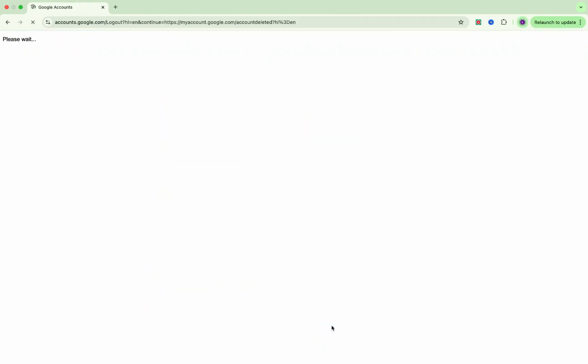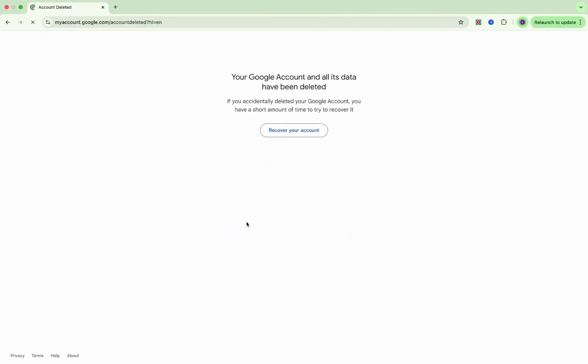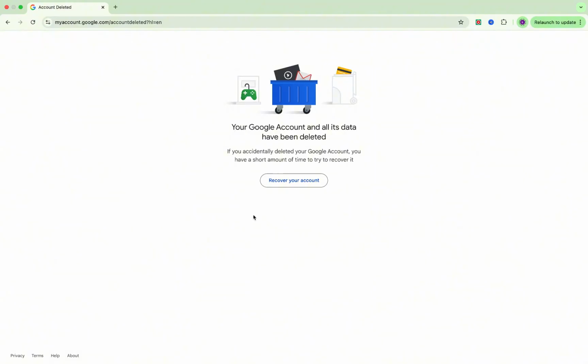A final confirmation window will appear. Just tap on Continue to proceed. Once you've done that, you'll see a successful message in a new window confirming that your Gmail account has been